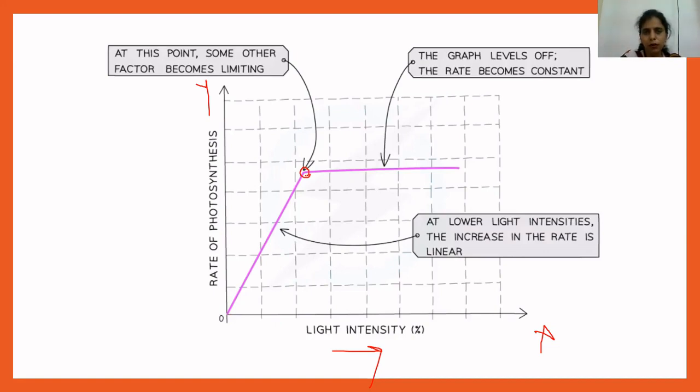A limiting factor is always present in short or limited supply, and it restricts the process of photosynthesis. So remember, even if a factor required for photosynthesis is present in plenty, the rate of photosynthesis increases only up to a certain point, because other factors become limiting. This is how light intensity affects the rate of photosynthesis, and this is the experiment which could be performed in the laboratory to investigate the effect of light intensity on the rate of photosynthesis.